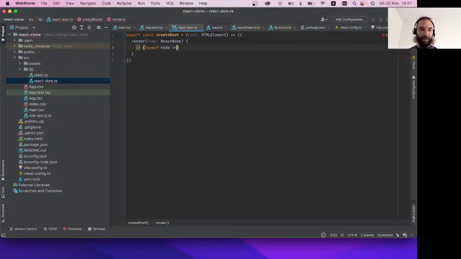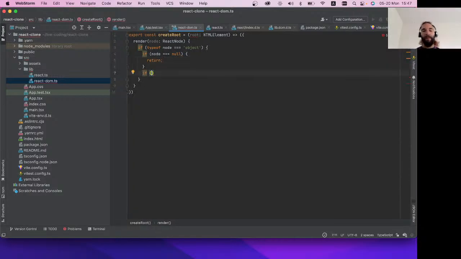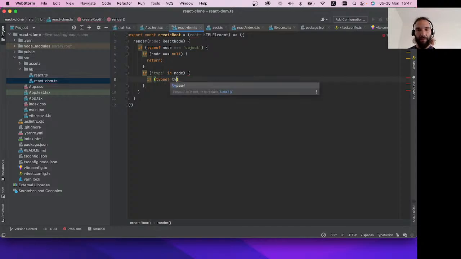So if it's an object and if it's null, we do nothing. If it contains the property type, then in case type is a string, we want for this to